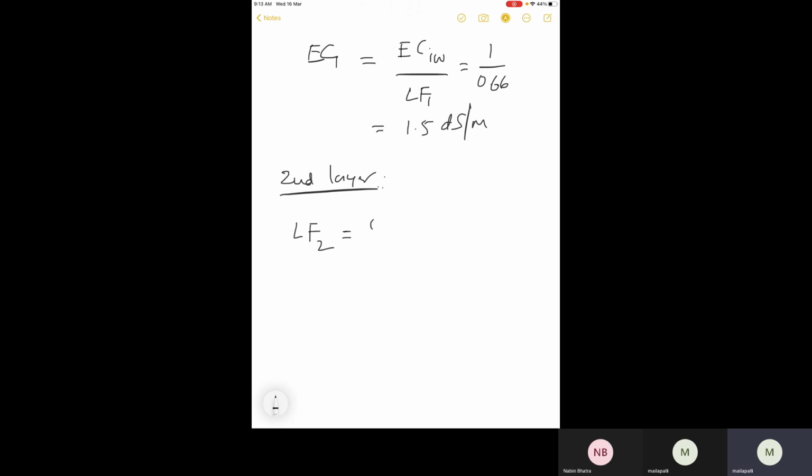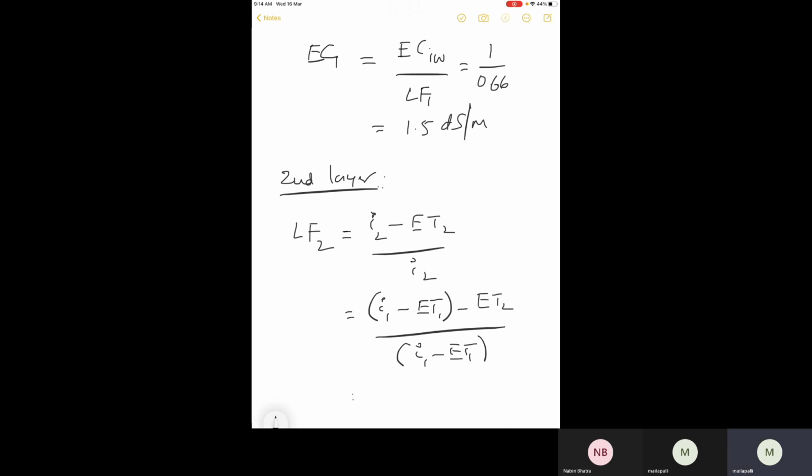So LF2 is equal to I2 minus ET2 divided by I2. Okay, so I2 is I1 minus ET1, minus ET2 divided by I1 minus ET1,